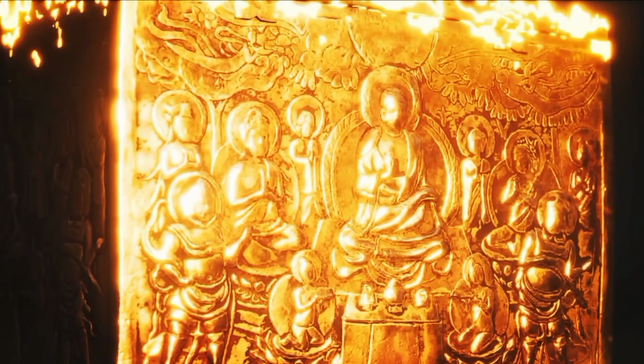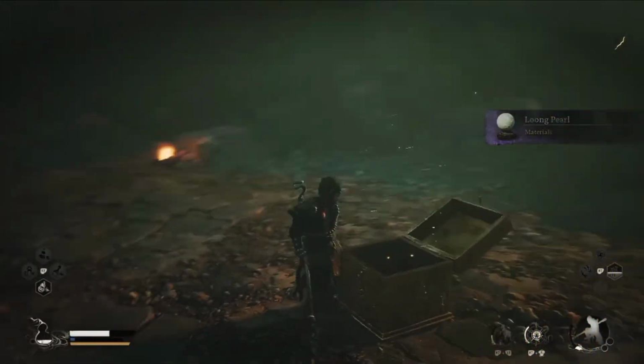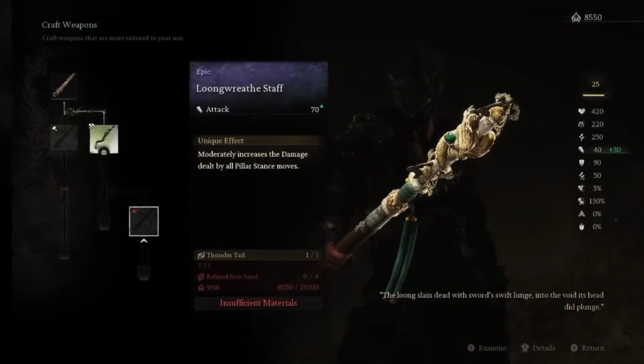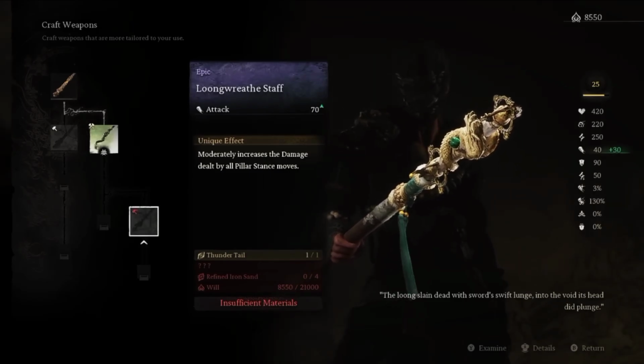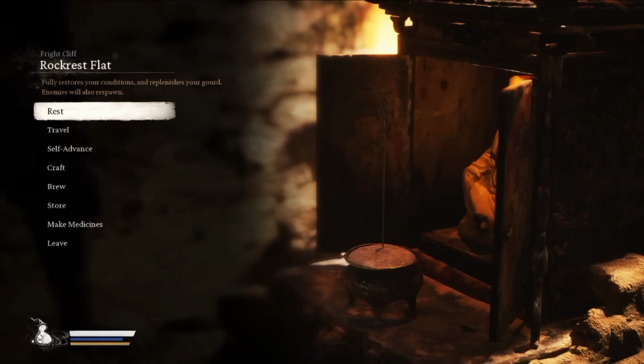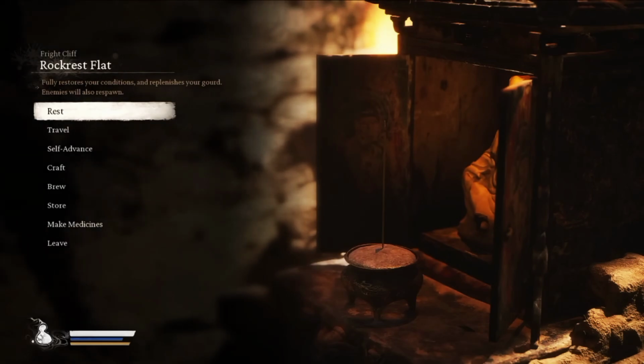You'll get a ton of different items for beating him, but one of the main items you want is the Thunder Tail, which is going to be used to craft this staff. I do have a full guide on how to unlock the Longwreath staff, so I'll leave that down in the description below. For our next hidden boss, you're going to want to head to the Rock Rest Flat Shrine in